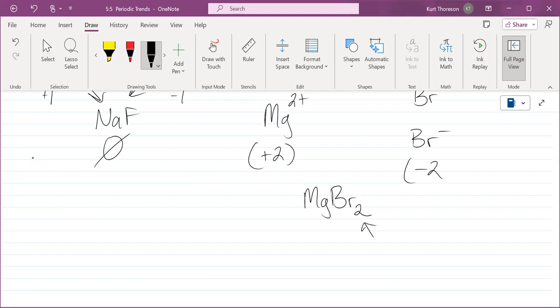Does that number mean the charge or does that mean the number of bromides? The number of bromides, that's right. We will work this out. This was just a little teaser. We'll start a lot of this on Monday. Okay,